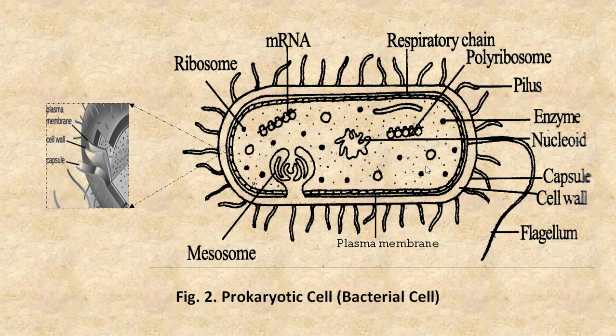So, again in this diagram you can see that cytoplasm having nucleoid, which is a nucleus without nuclear membrane, ribosomes, inclusion bodies and polyribosomes. You can also see the cytoplasm is not having any membrane-bound cell organelles like mitochondria or Golgi apparatus. The bacterial cell is having hair-like outgrowths, pili all over its surface and a single whip-like flagellum